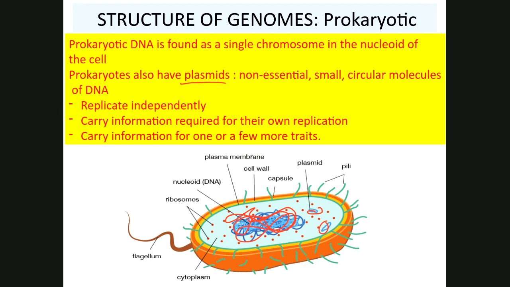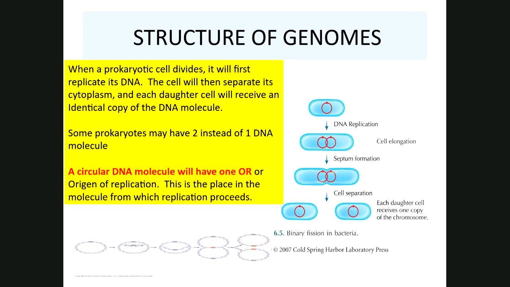But plasmids are non-chromosomal DNA. They're not part of the main chromosome. They're non-essential, they're small, they replicate independently, etc. All right, so DNA is going to replicate by binary fission, and when it replicates, we'll end up with two identical pieces of DNA, which each will be given to a different